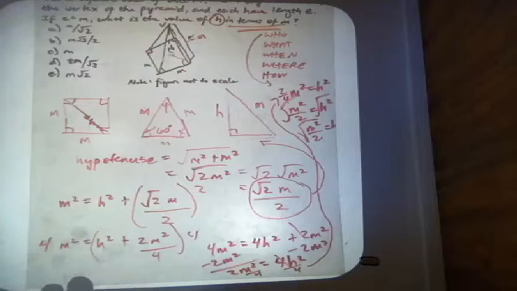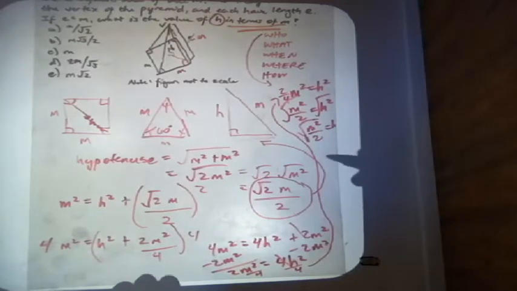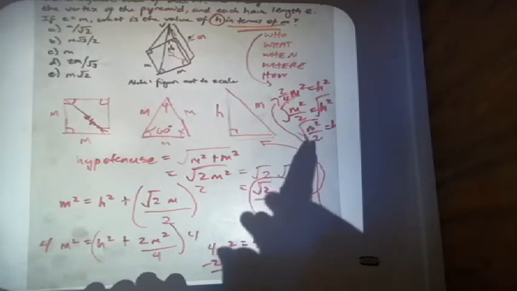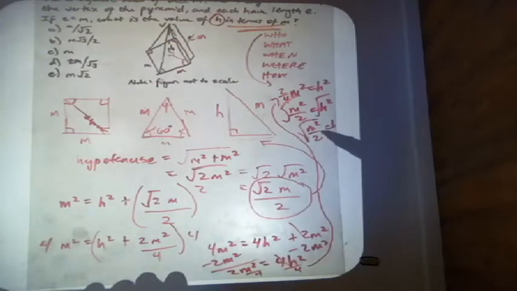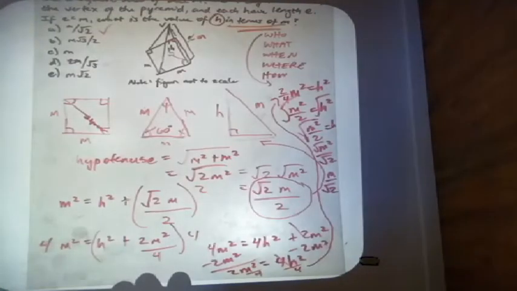Now, unfortunately, is this one of our answer choices? Let's take a look. And scanning through, nope. So what does that mean? It just means I'm going to have to simplify this a little bit further. In order to do that, again, laws of algebra, in terms of squares and square roots, we can always separate the square root in the denominator and the numerator. So we can write the square root of m squared over 2 as the square root of m squared over the square root of 2. And the square root of m squared just simplifies to m, and we get m over the square root of 2, which is